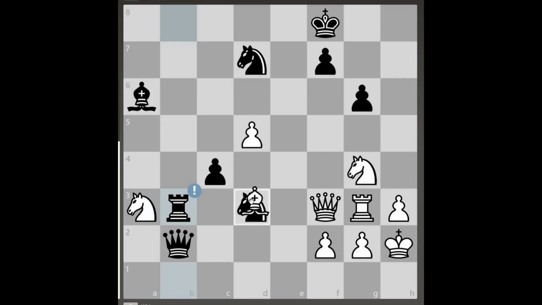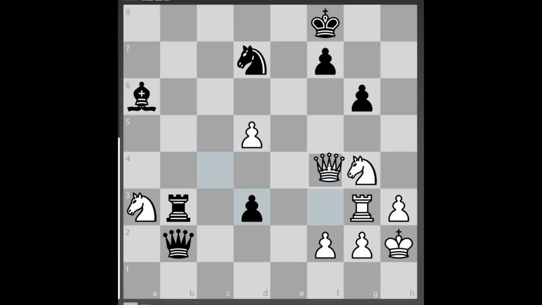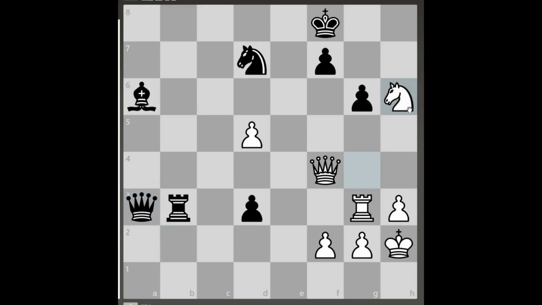Bishop into d3, c into d3, queen f4, queen into a3. Queen into a3 is a bad move. After this the game is lost, but Karpov was running short of time. Knight h6, queen e7, rook into g6, queen e5, rook g8 check, king e7,